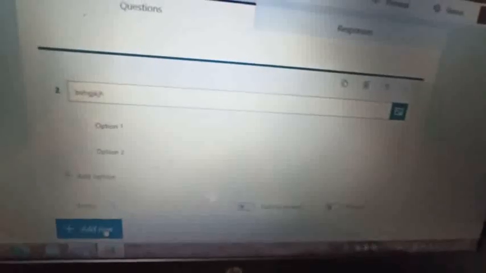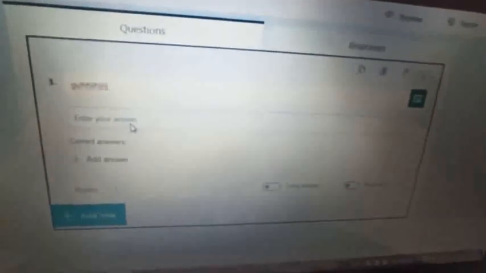Supposing now for the third question I want to give a one word answer, so I will click on add new, and this time select from here the second one, that is text. This will open this kind of window for you. Here, if you want to give a one word answer, this has to be typed. Then whatever your answer is, you put it here, enter your answer. I hope you are able to read it. In the correct answer you put your correct answer, then the same you will write for the marks. Supposing it is for 1 mark, you will write 1 mark.